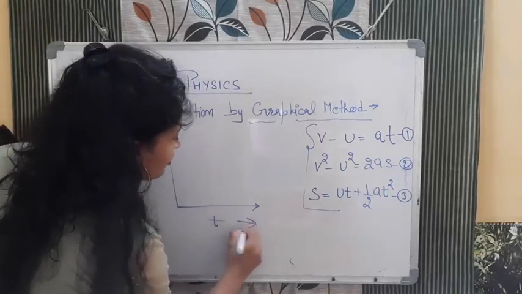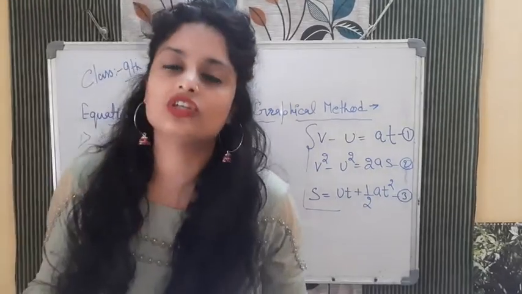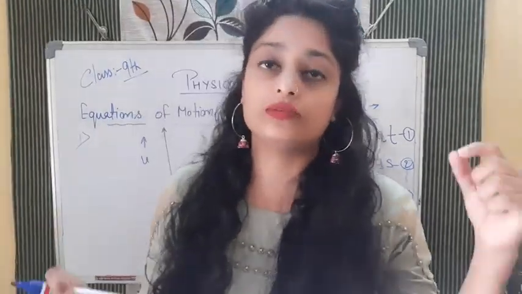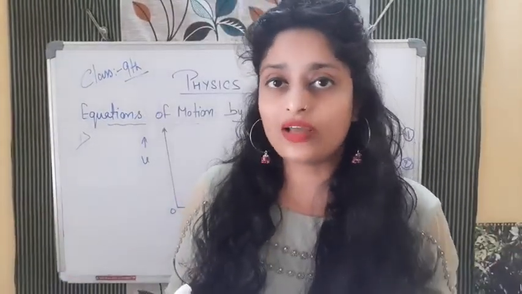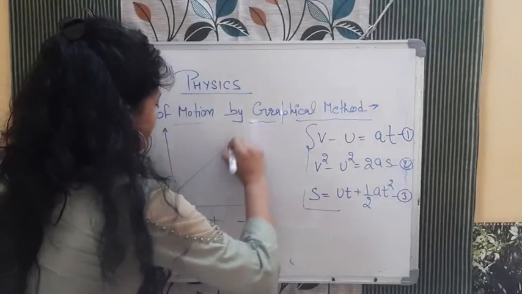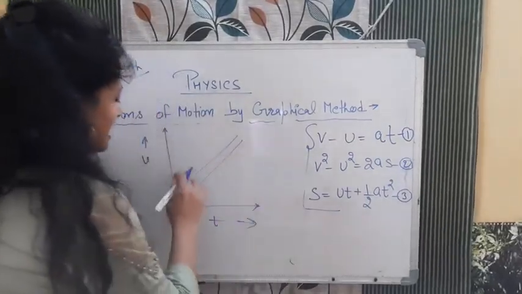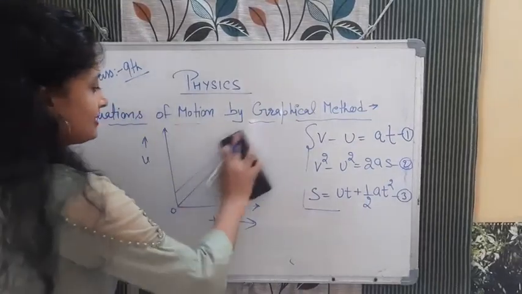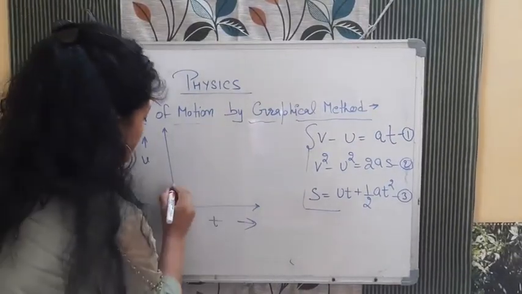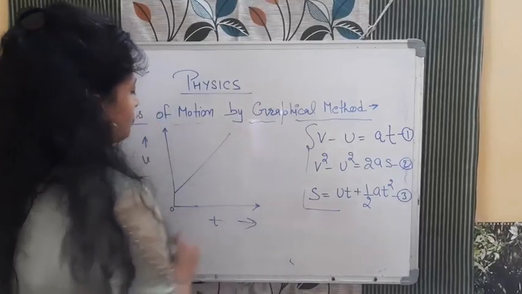We took one velocity-time graph and we are saying that any object is moving. These equations of motion we are deriving when any object is moving in a straight line path. So now I am saying that any object is moving with uniform acceleration and the graph will be like this. If it starts from the origin, then the graph will be like this. If it starts with some intercept on the y-axis, it will start like this. Okay. So now why am I not starting from the origin? Why am I starting from this point?